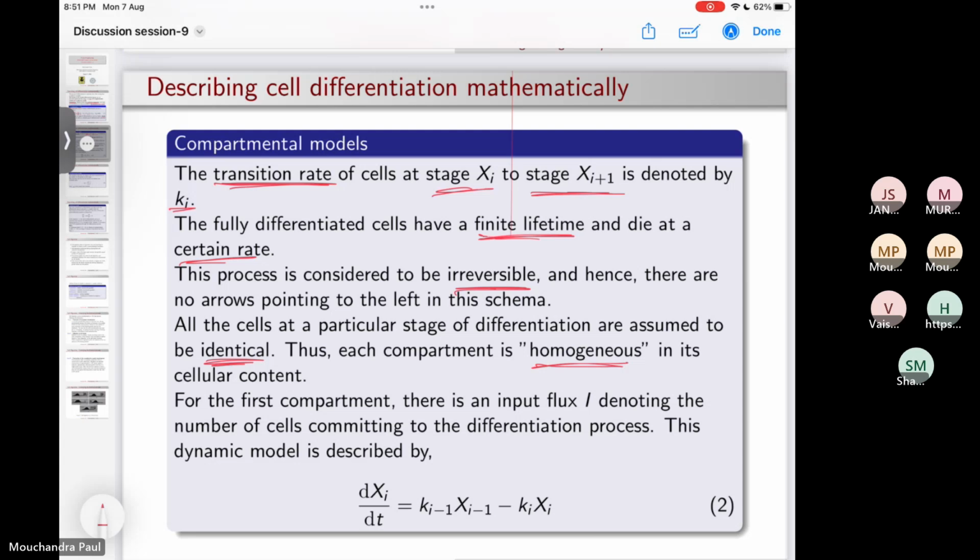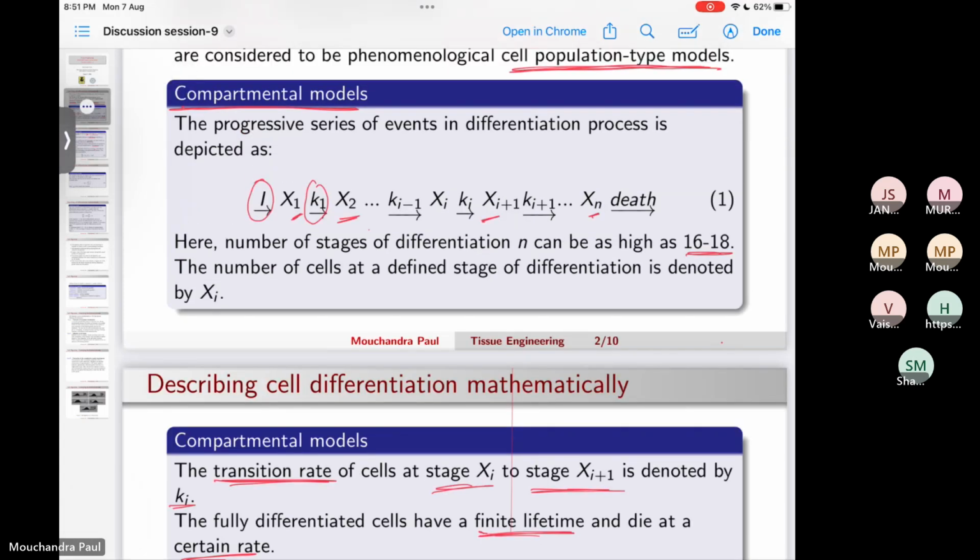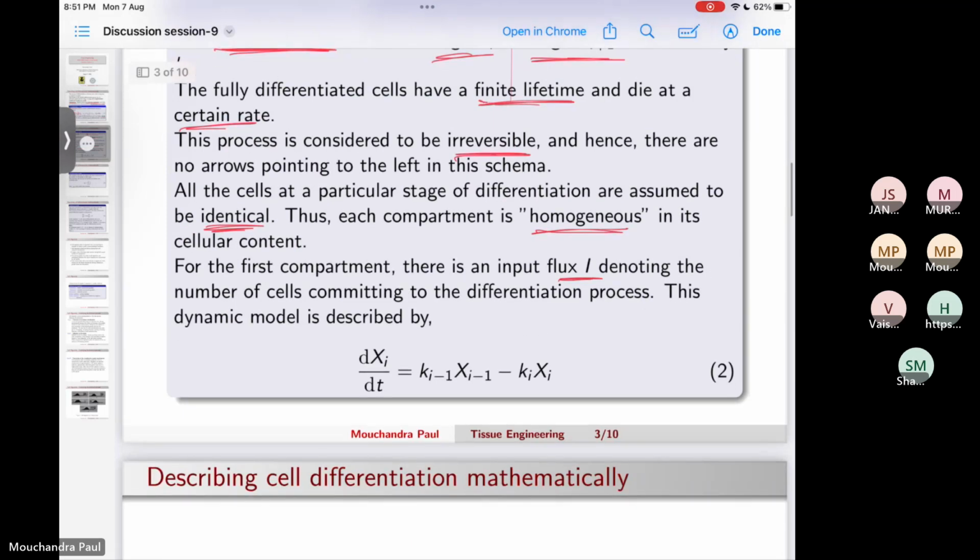Now I is the flux, meaning the input flux, meaning how many cells have committed to get differentiated into a particular cell type initially at time t0. And then this scheme, this flow of cells from one stage to another, can be mathematically written using this expression. This is a first order differential expression where dxi by dt, the change in cell number with time, is equal to